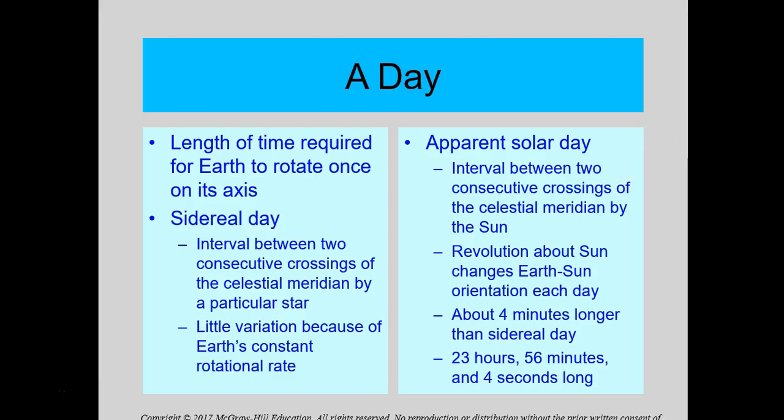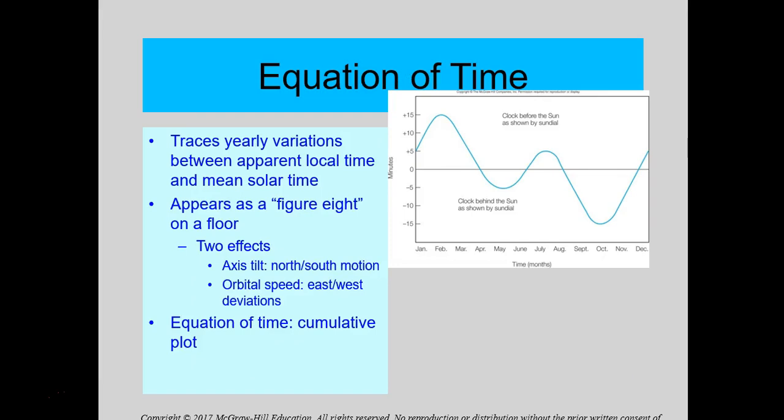the interval of time between two consecutive crossings of the celestial meridian by the sun, which means two apparent times of noon passing one another. It's about 4 minutes longer than a sidereal day, and it counts to about 23 hours, 56 minutes, and 4 seconds. So because of the rotation of the Earth as it moves around the sun, and the different ways